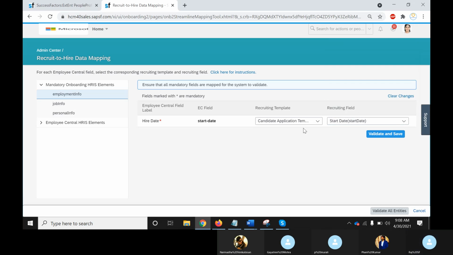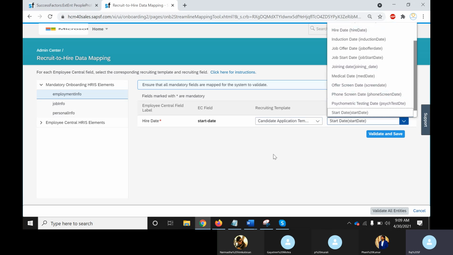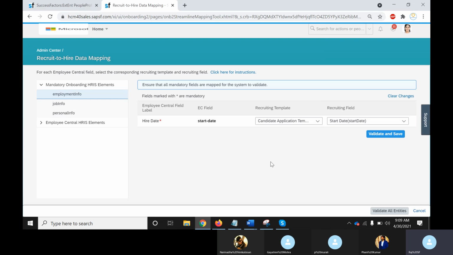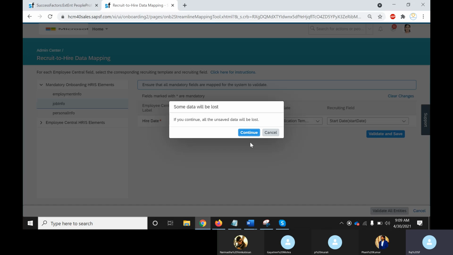Make sure the recruitment candidate application template field is a date, and also make sure the EC side has the same data type. If it is a string, make sure it is a string there too. If it is a date, date; number, number. Suppose here we have a hire date field, but when I checked in the application, there is no such field. If you don't have a field like this, we have to go back to the candidate application and create a custom field again. Then moving on to the next field, job information. In this job information, we are going to collect